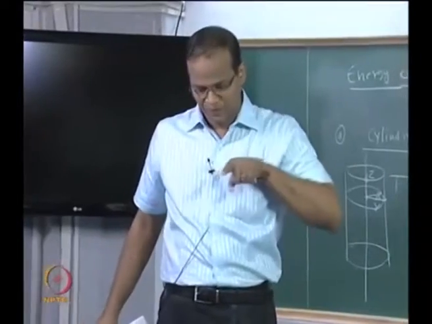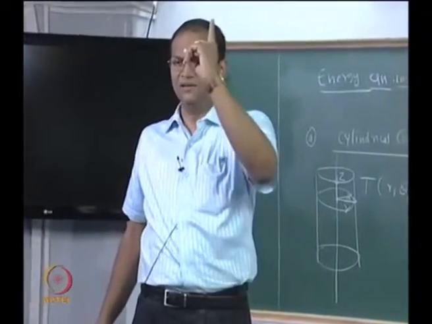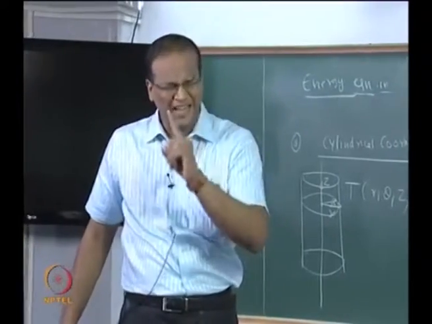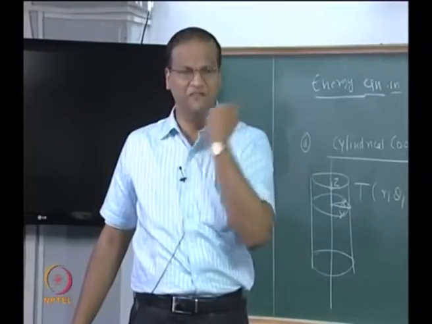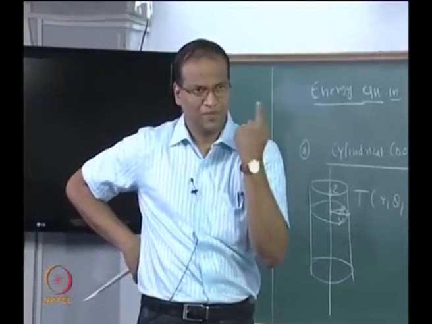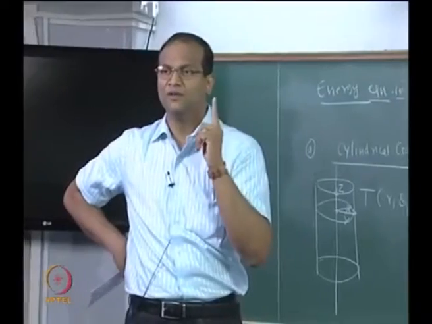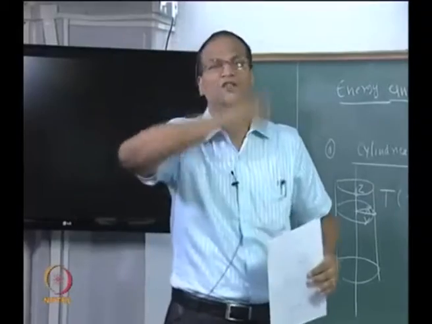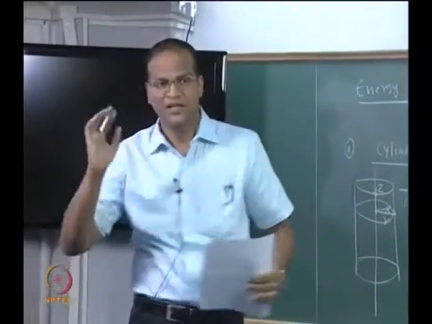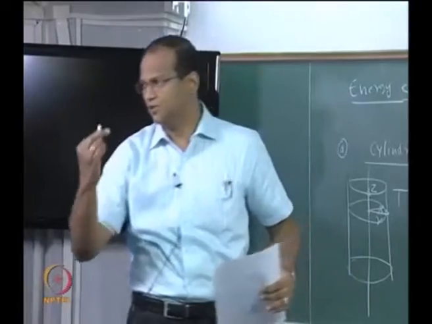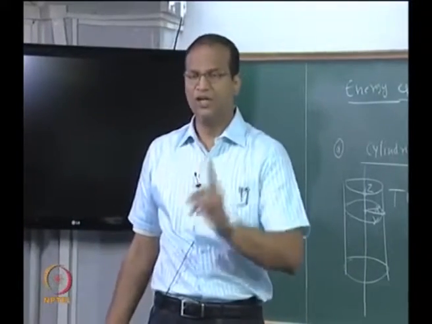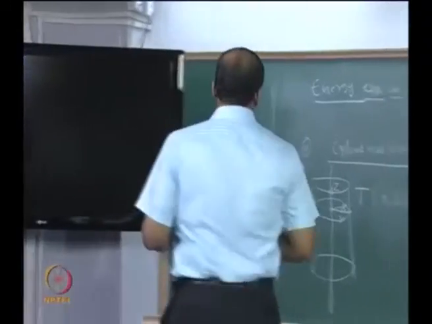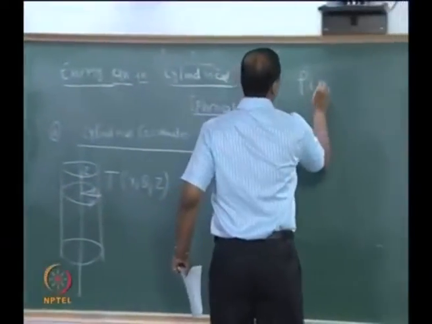Unless you have a circumferentially varying heat flux, sinusoidally varying or some non-uniform heat flux, T will not be a function of this angle theta. Generally it will be uniform along the azimuth, but temperature will usually vary across the radius, and oftentimes it will vary with z also. So the governing equation for this will be rho Cp